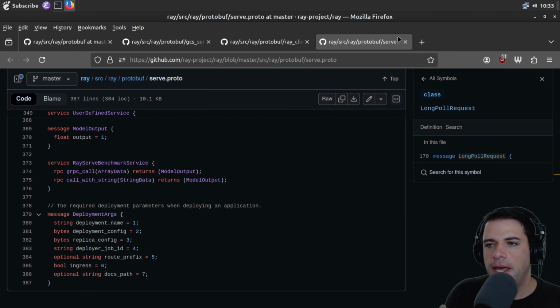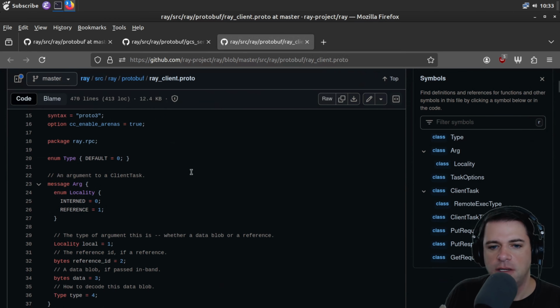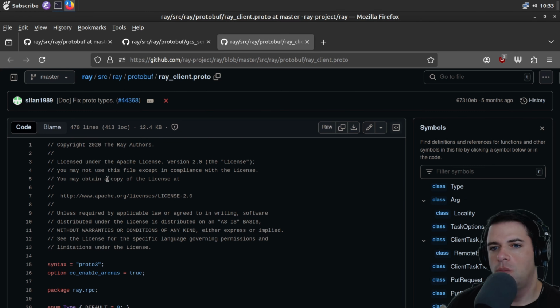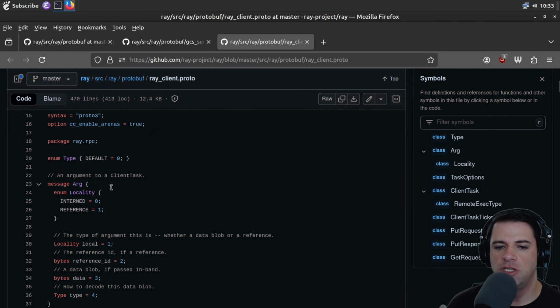Okay, so the serve doesn't seem to have anything really. It's so far not really telling us about how the system works, which is, I guess, somewhat reasonable because these are protos and you might change the way that the system works, but there should be encoded in this API more something about how the system is supposed to be used and operates. So the client protos has an arg